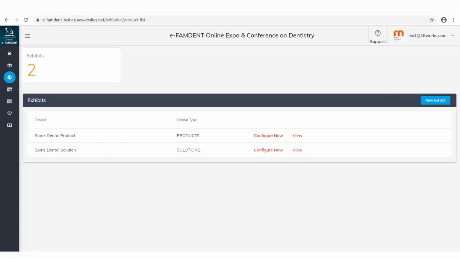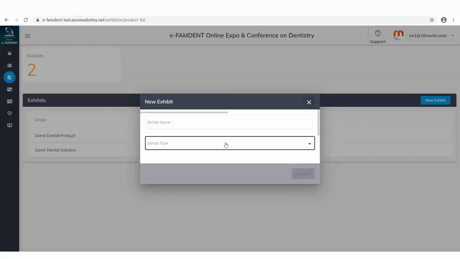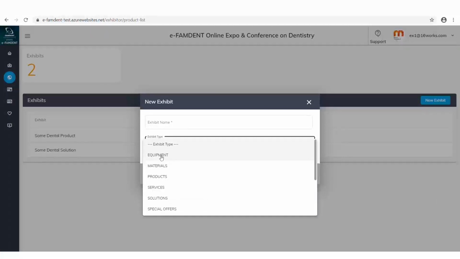When you click a new exhibit, you can select an exhibit as an equipment, material, product, services, solutions, or if there are any special offers, you can add that also as a special offer. So we have multiple options for you to provide your exhibits in a way that you can attract your customers.